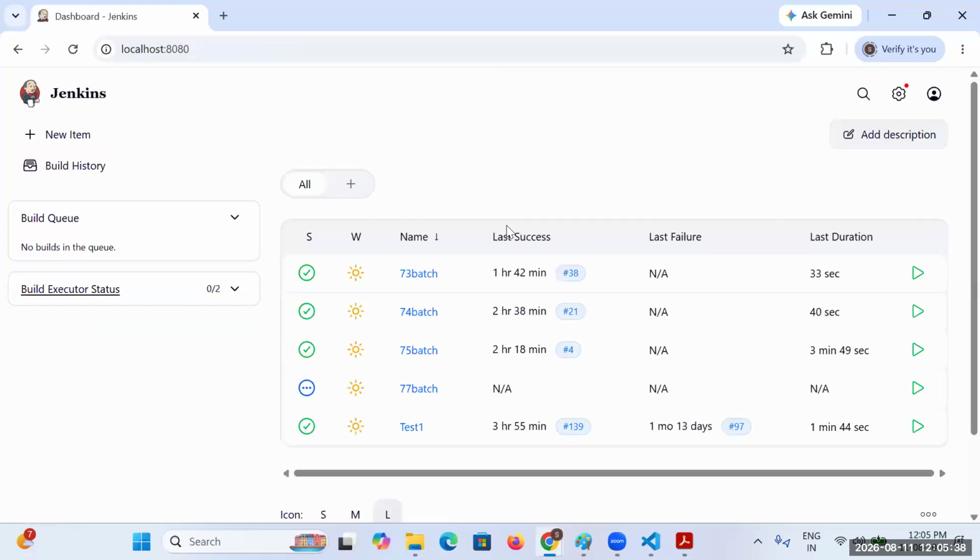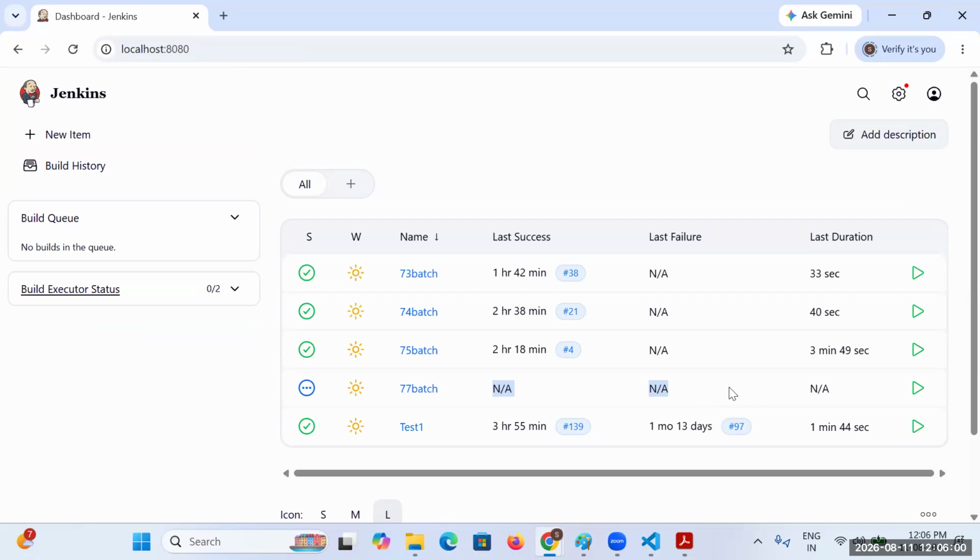Now if I go to the home page, we can see the batch schedule is created. For now it is not executed. In case I create one more schedule, again you have to give all the required options here. For every schedule, you need to provide all those required options.